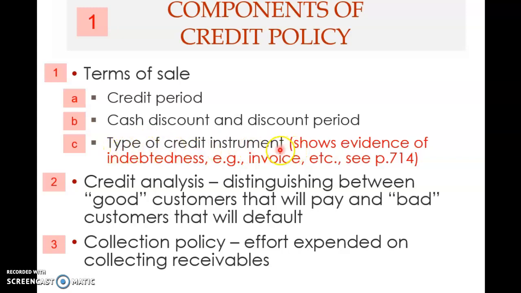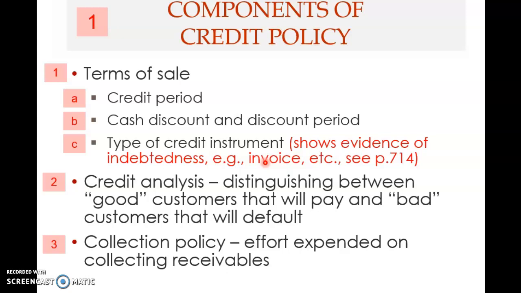This type of credit instrument is actually documentary evidence of indebtedness. That means the customer owes the firm, so there must be some kind of documentary evidence. So for example, invoice. This is a very popular, or widely used credit instrument. Invoice is actually a demand for payment from the customer, for the services or for the products sold,